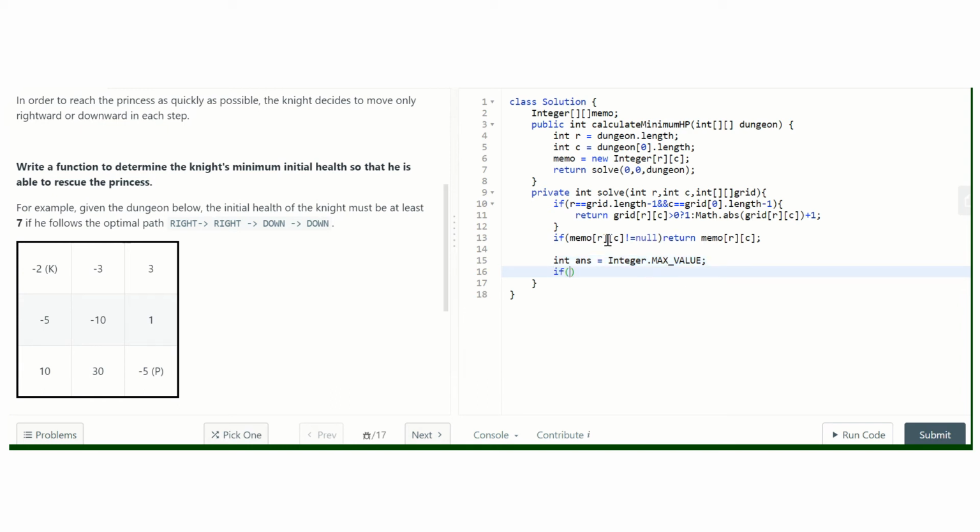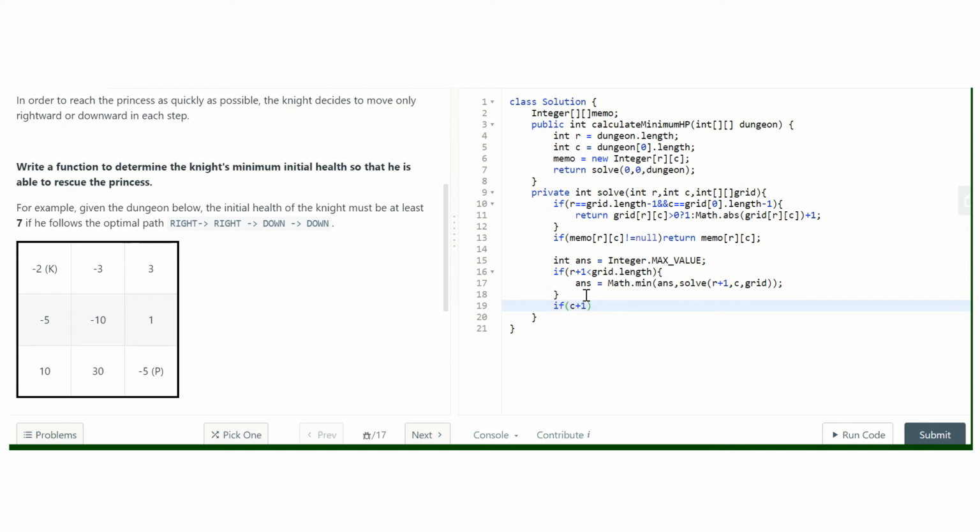We'll try to move downwards. Check if r plus 1 is less than grid dot length. If it is a valid point, then answer would be Math dot min of answer and solve(r plus 1, c, grid), since we are taking the downward path here. Now I am going to take the rightward path.